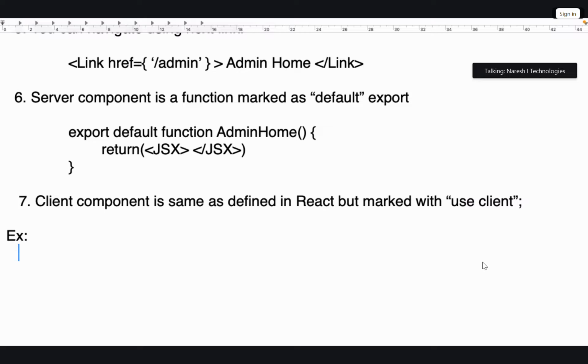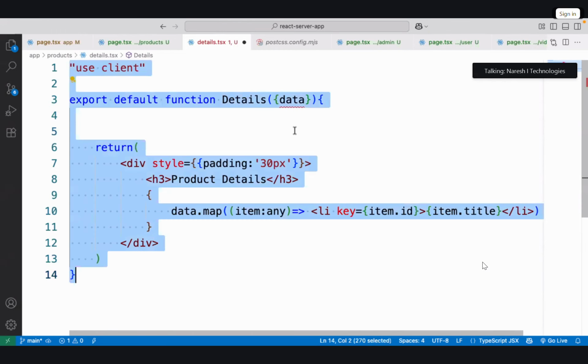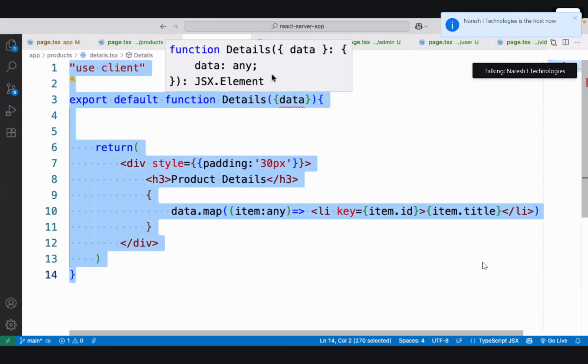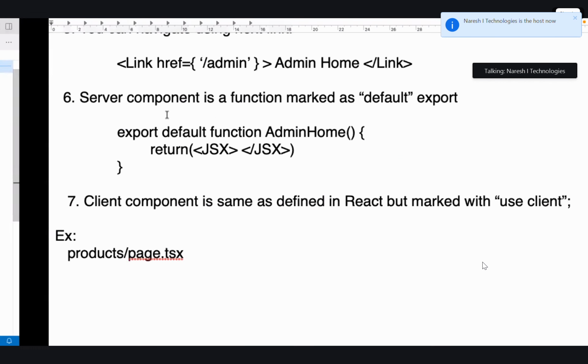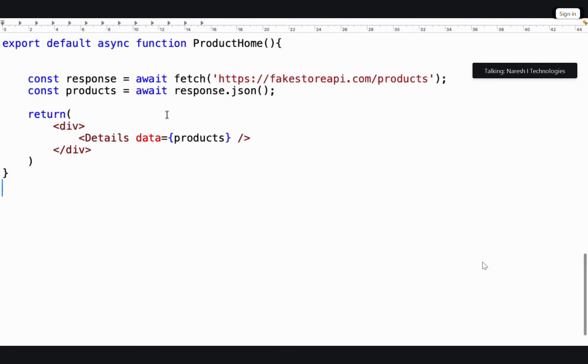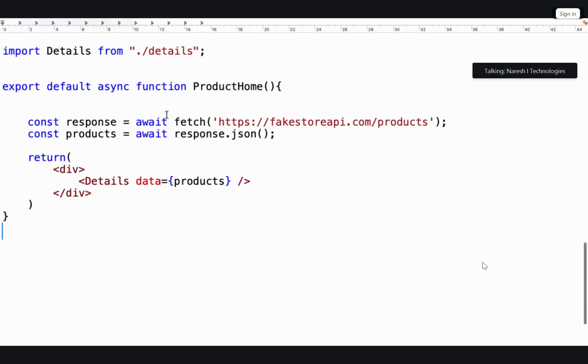So example, I will just post. I have a products folder in that page dot tsx. But remember, when we do all these things in a perfect way to handle everything, you should create a contract, make them as that particular type, and you need to configure.